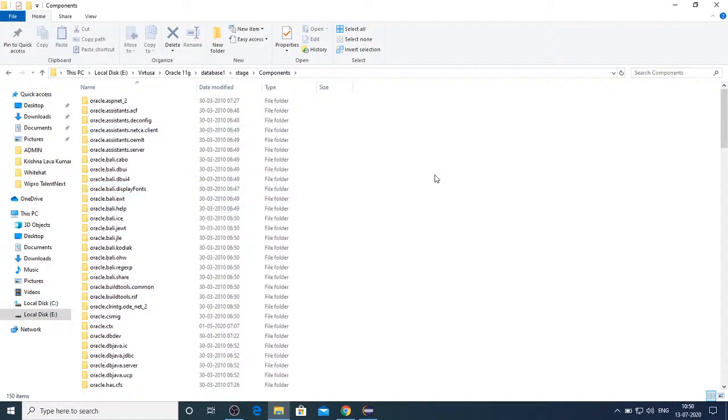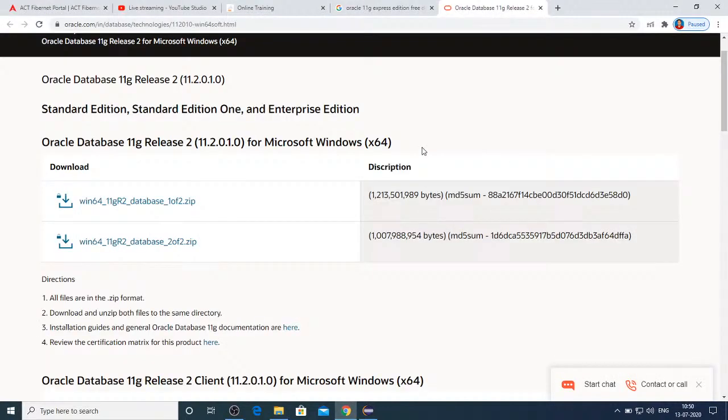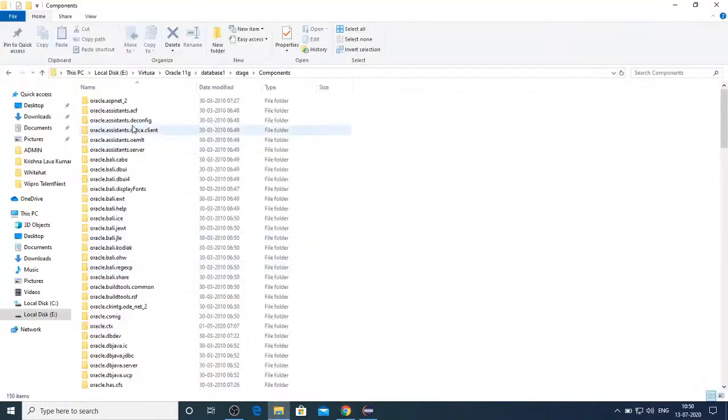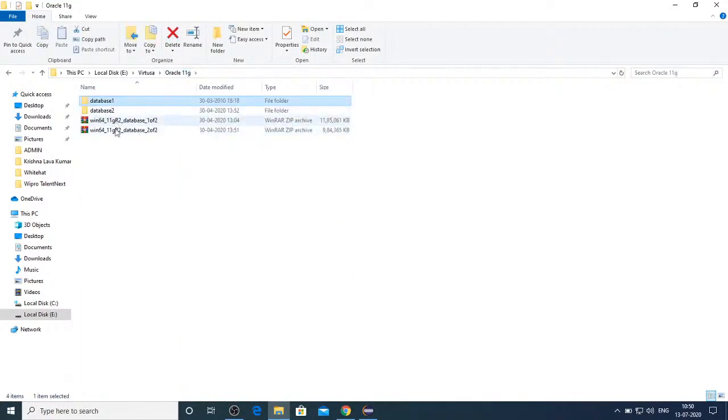I'm just telling you how to install Oracle 11g after downloading, because it's my responsibility to make you understand. After you download both zips from the official website and extract them, you will see database 1 and database 2 folders. Open database 2, stage, components, and copy these 4 folders from the second zip file.